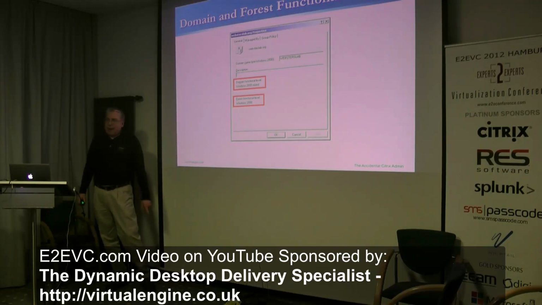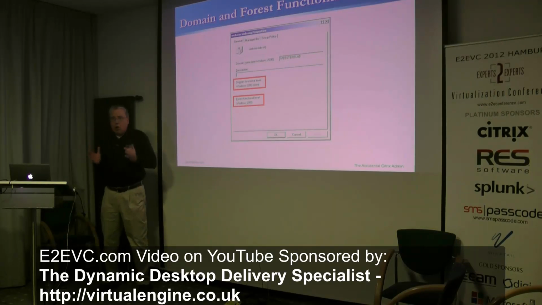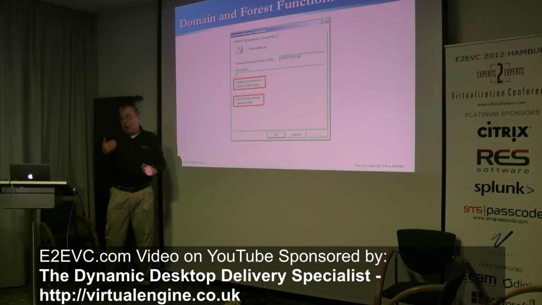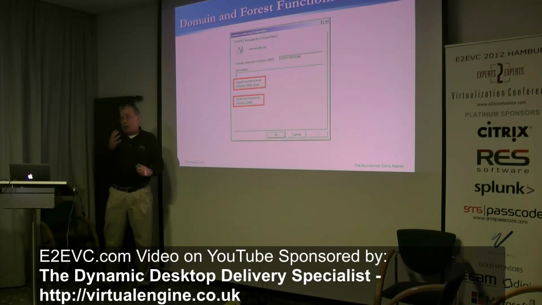And the reason this is bad: at the 2000 DFL and FFL, you can have no more than 5,000 security objects in a security group. For most XenDesktop and XenApp deployments I've seen, there are more than 5,000 users. And then also,